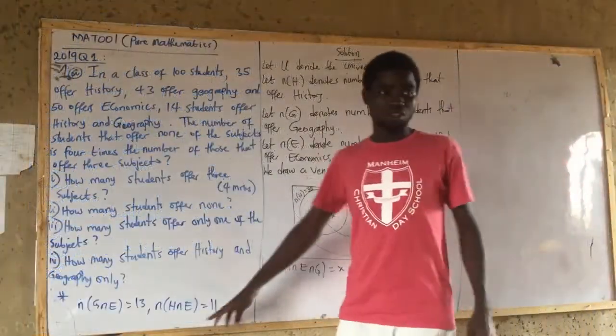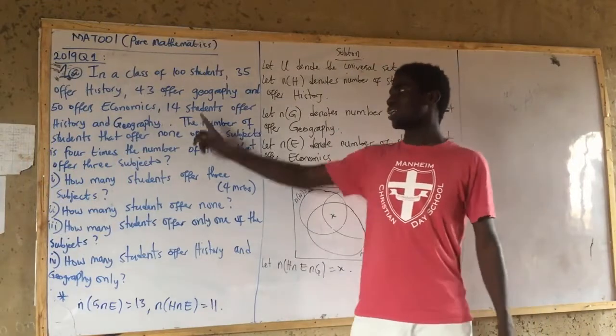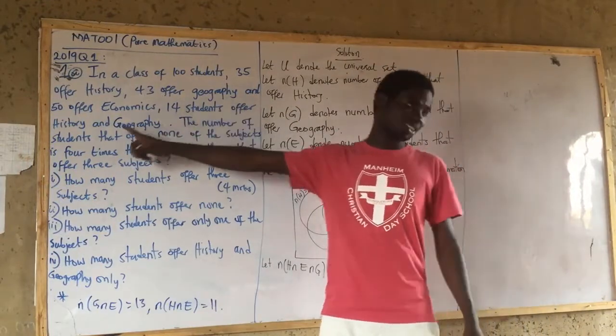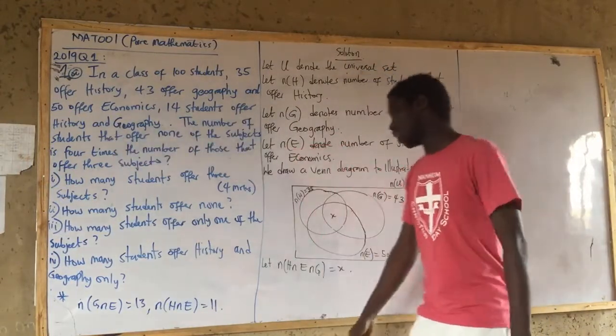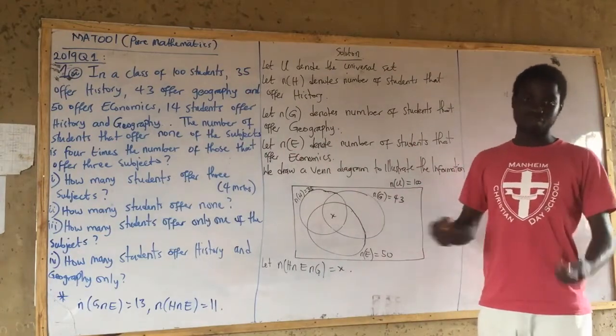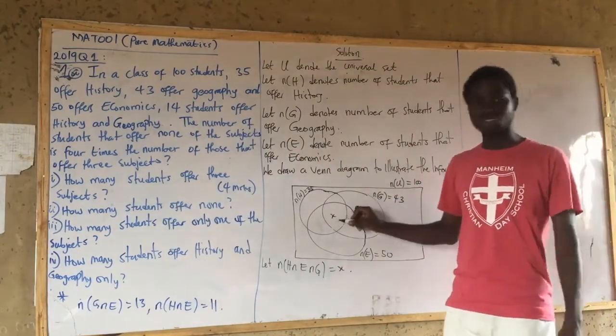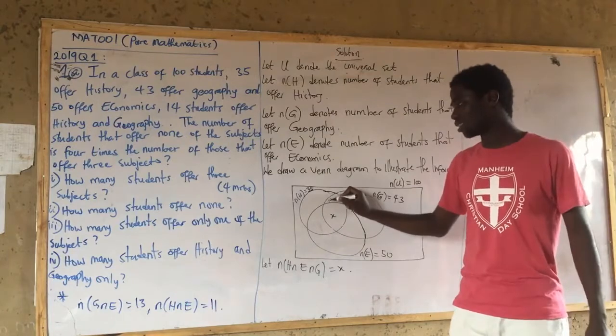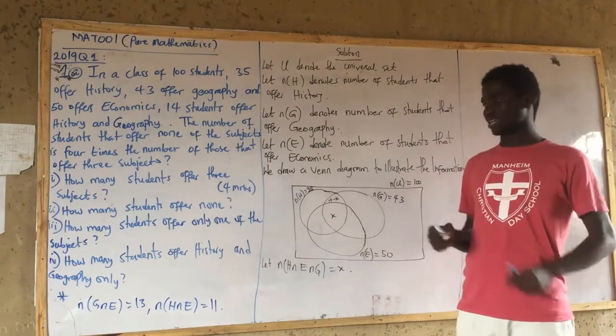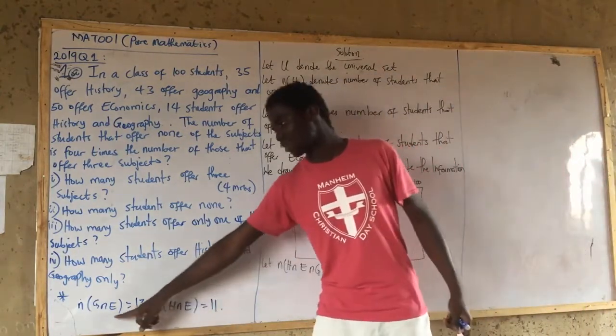The question was not completed before. So it is 14 students offer history and geography. So this is history and geography, 14. As I said earlier, you fill the middle first. So I have 14 minus x. So the next one here, I'm going to get